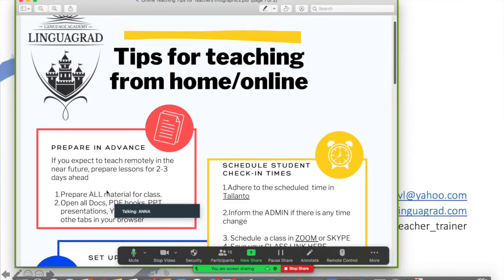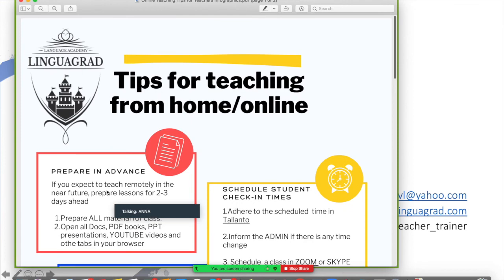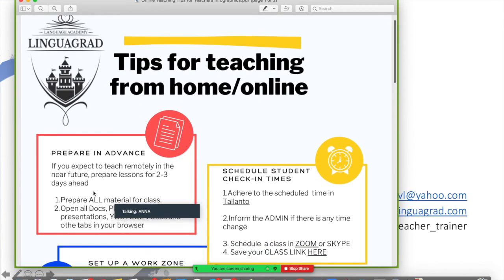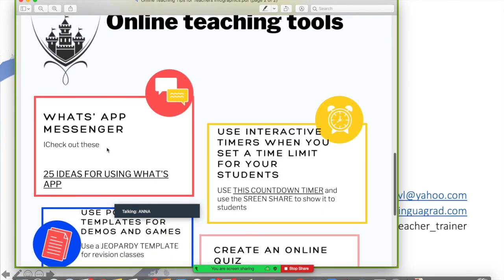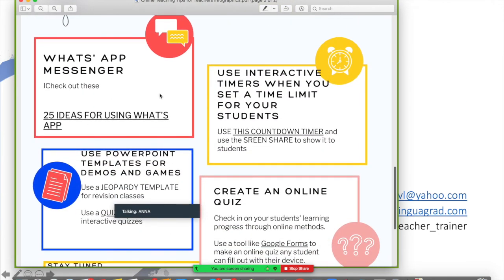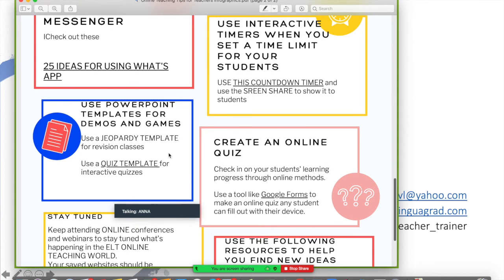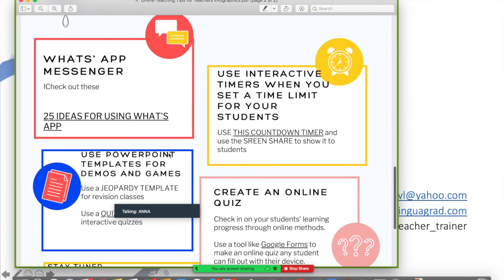At the school where I work, we've created a digital document for teachers that says online teaching tools. And there are several tips here on how you can use online tools to make your teaching interactive and more digital. There is a really interesting article here on 25 ways of using WhatsApp.